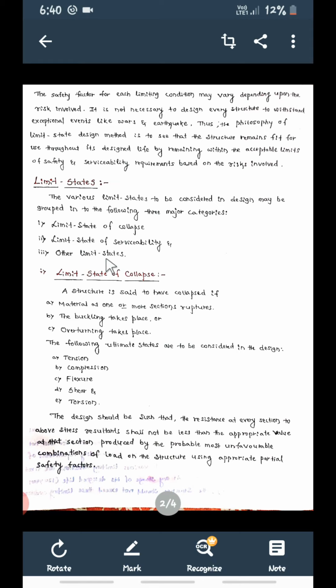So this one basic part is now complete. In the beginning we started with what is concrete, plain cement concrete, then RCC, and why RCC is required. Then we saw the different methods to design the structure: working stress method, ultimate load method, and limit state method. Then today in class we saw the difference between working stress method and limit state method, and the different limit states to be considered in the design of structures or elements. Please go through this once again.